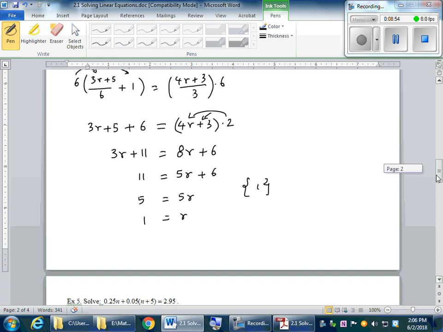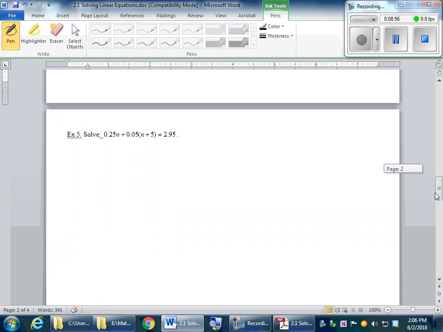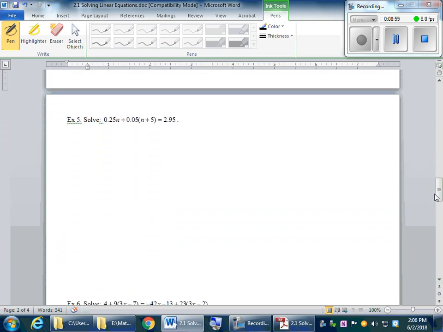Example 5. Decimal. Fraction, decimal is not that difficult. So first of all, distribute it as usual. So 0.25n plus 0.05n plus 0.25. When you multiply 0.05 times 5, so 0.25 equal to